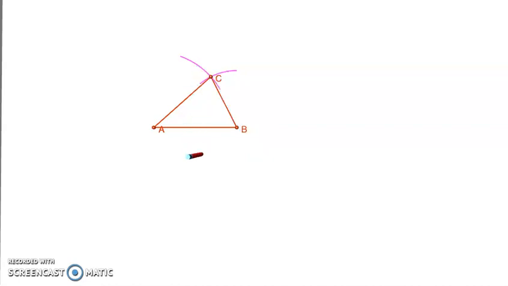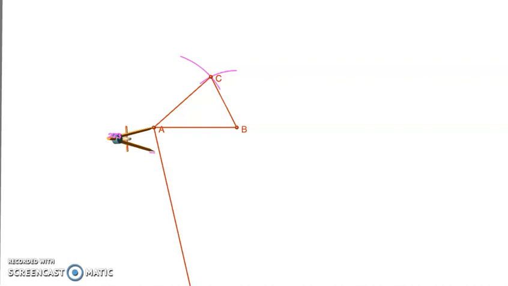Now we need to construct a similar triangle to it. So let us mark a point X and draw a ray AX, making a certain angle with the base AB. Now look at the fraction, children, 4 by 3. So we need to decide how many arcs are to be marked on this ray AX. Look at the greater number out of these two, 4 and 3. Yes, it is 4. So we'll be marking 4 arcs at equal distances on this ray AX.